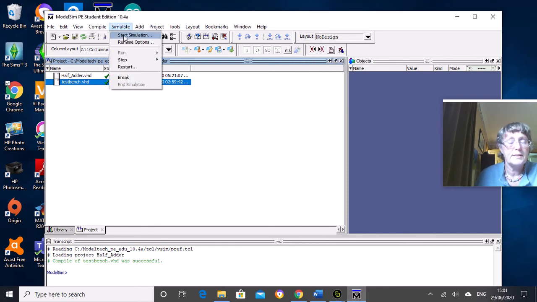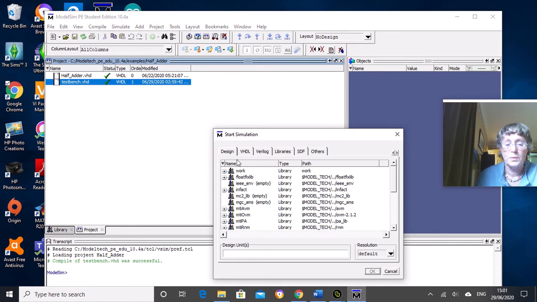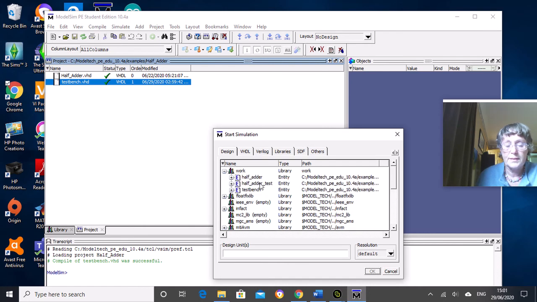Simulate, start simulation, and it will ask you what you want to simulate. So we've been working in this work directory, so we want to open that up, and the thing we want to test is this test bench here. Okay, I did have a previous one called Added Test, but I deleted that, but you can see it's still in the menu there. Just ignore that, but what we want to test is this test bench. So we can just click OK on that,